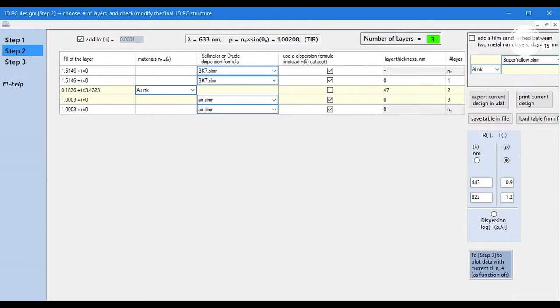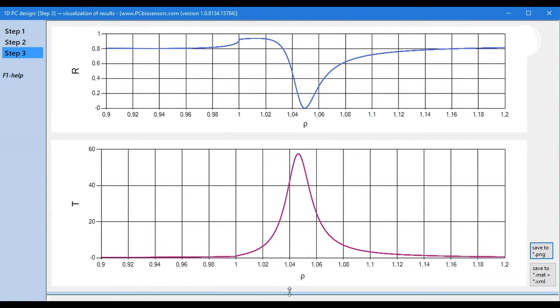Let's take a look at this structure. Here, we have a prism. This is a 47 nanometers film of gold and then air. At first we look at the angular dependence of reflection and transmission, and see the typical pattern of the Plasmon